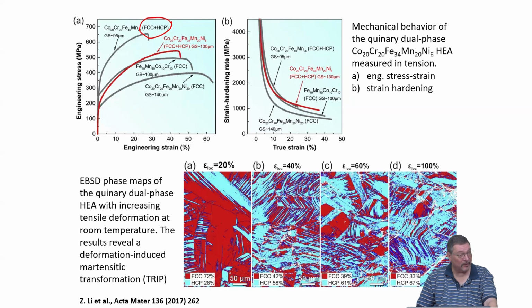It's a stacking fault, right? It's a different stacking sequence. So you go from AB, AB, AB to ABC, ABC, ABC. And that just makes a transformation. They have both the same packing density. And this is why this process can occur so quickly, right? Going from FCC to HCP.